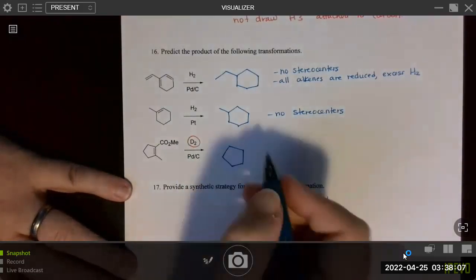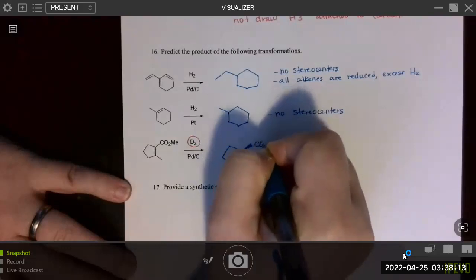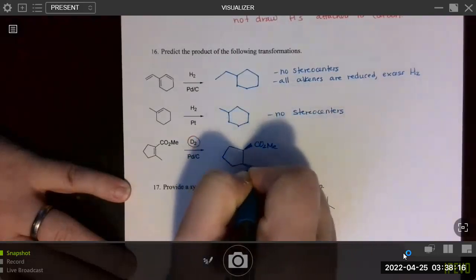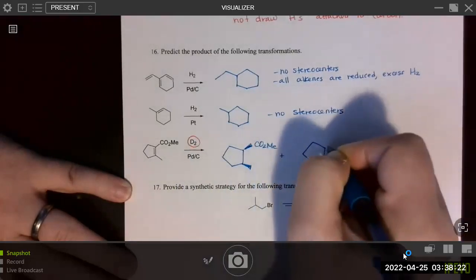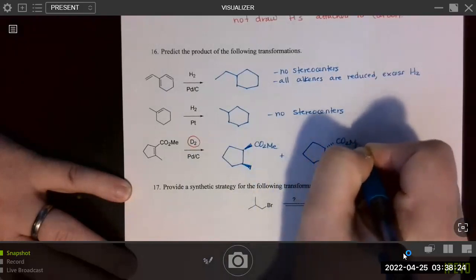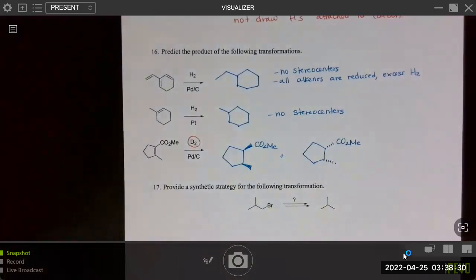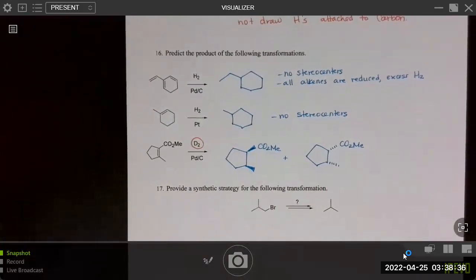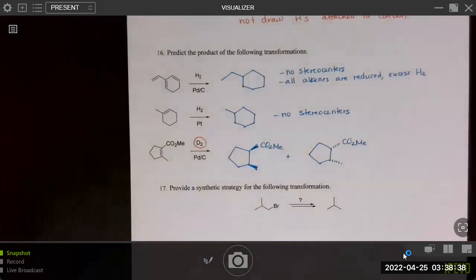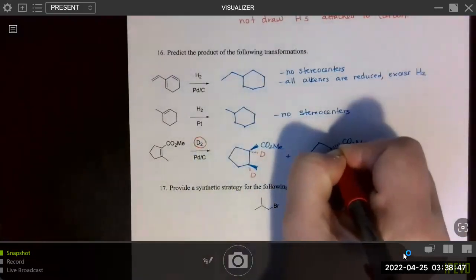So if both hydrogens get added from the bottom, that would push the other groups up. And it's also equally possible for both hydrogen atoms to get added from the top, which would push these groups down. Oh, and sorry about that, I guess I should have added in those deuteriums. If it was hydrogen, we could just leave it like this. With deuterium, we should add those in. Both are getting added from the back, or both getting added from the top.